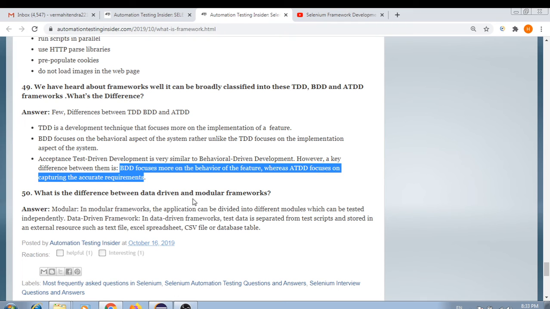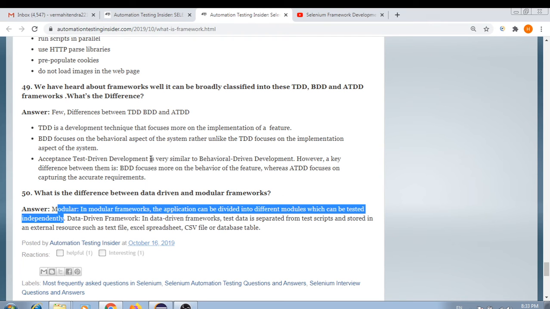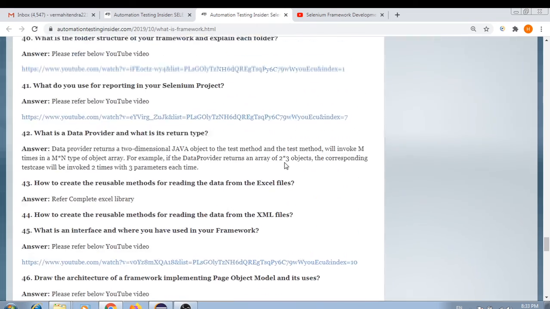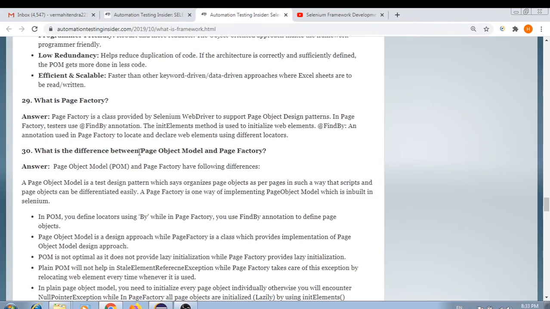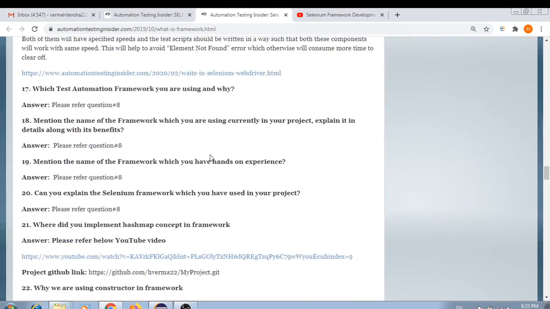What is the difference between data driven and modular framework? For modular, you can just go through this answer. In modular frameworks, the application can be divided into different modules which can be tested independently. We already talked about the modular framework on top, and then this is the data driven framework, which we already know. So these are the different questions, guys. These are really important questions to explain at the time of interview. Some of the questions are duplicated, but they can ask the same question in a different way. So you need to go through all the questions which I have listed down over here,